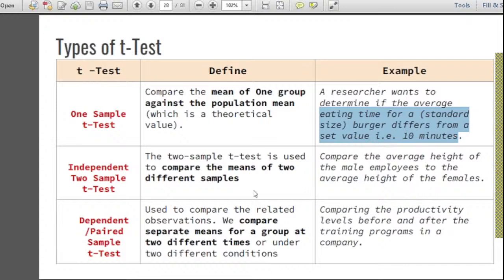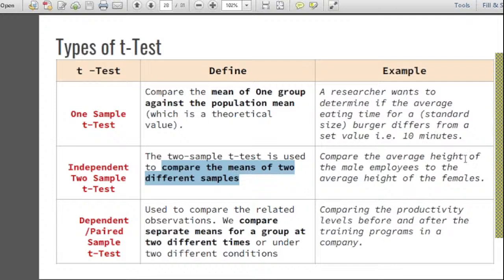Okay, second, independent two sample t-test. The two sample t-test is used to compare the means of two different samples. Meaning we compare two samples and we try to see whether both of them come from the same population or a different population. Like, for example,